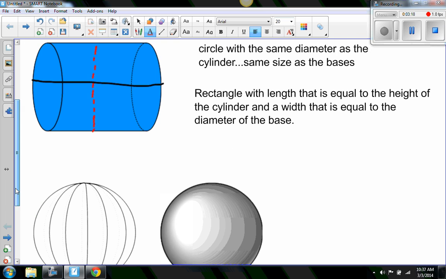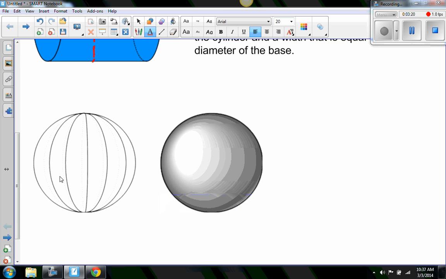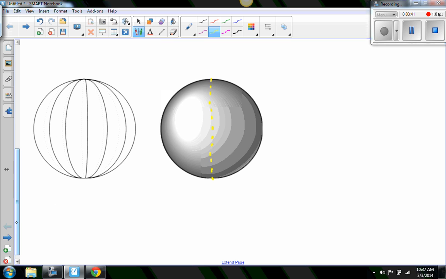So let's try this. What if I had a sphere, a ball like this, and I wanted to cut it? So you can see here there's dotted lines, right? So what if I wanted to cut this. It wouldn't really matter which direction I cut it, would it? It's always going to look the same. What will it always look like? It will always be a circle